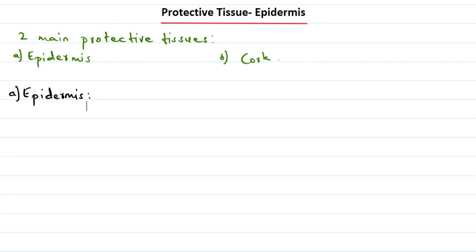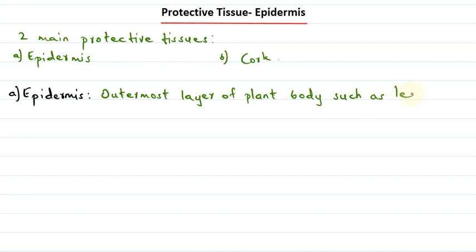Okay, now let's see what is epidermis. So epidermis is the outermost layer of the plant body, such as the leaves, flowers, roots, stem, etc. Okay, so the outermost layer of the plant body, such as the leaves, flowers, roots, stem, etc., is called